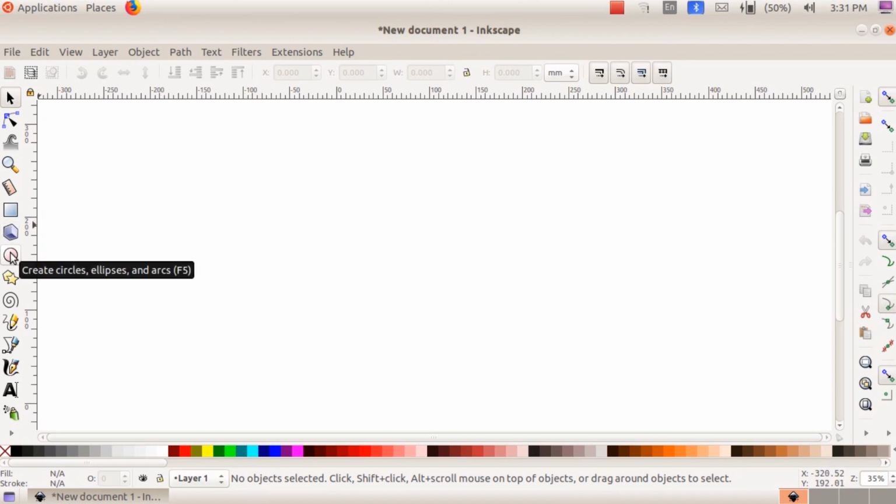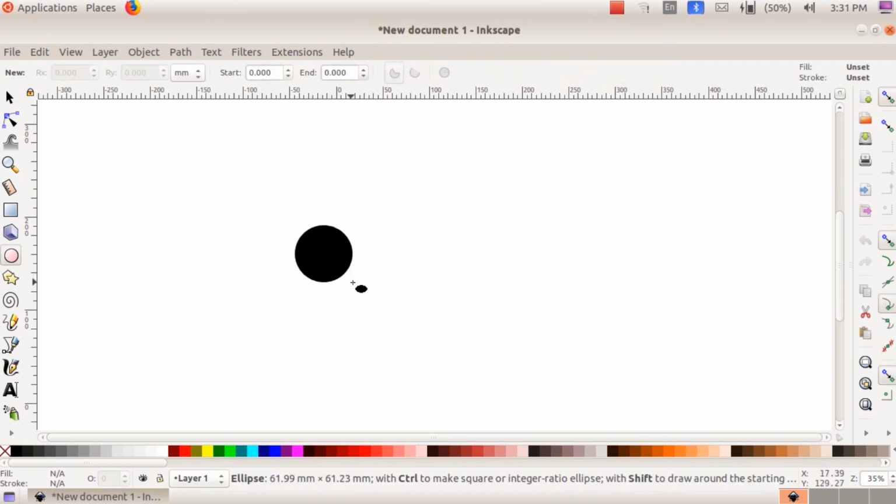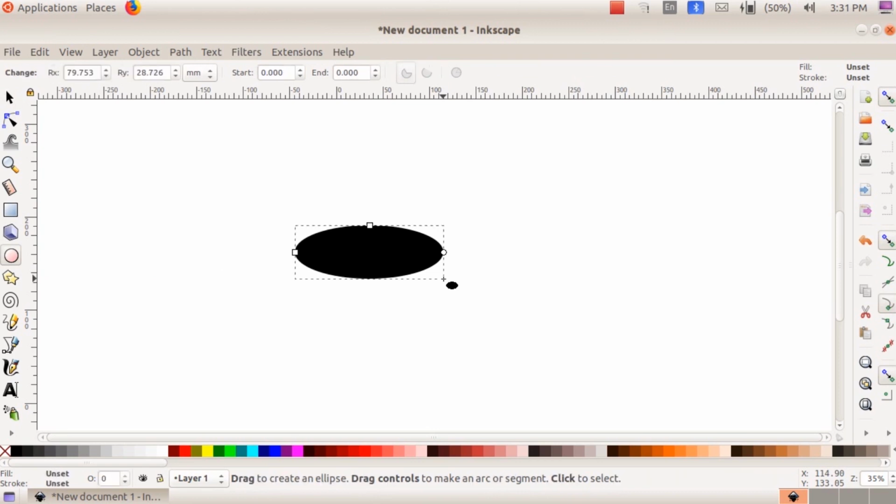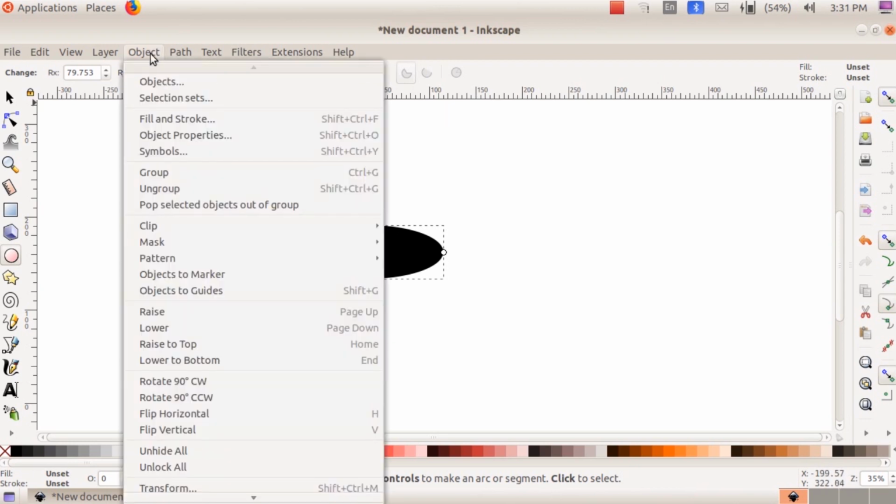So select the Create Circles tool, click on it, and draw an oval shaped circle. Before that, fill and stroke. There is a menu, Fill and Stroke, here.